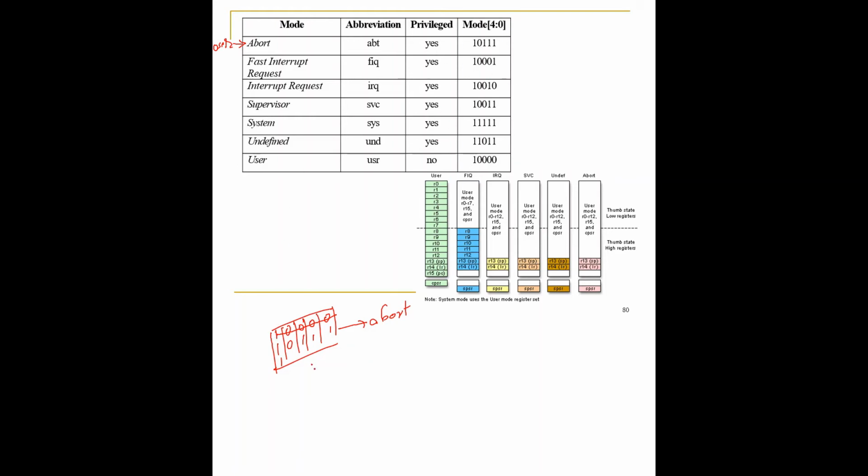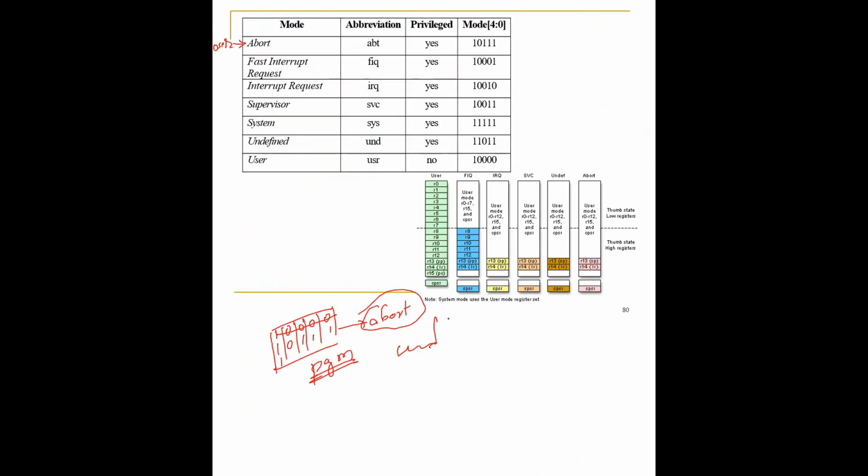You can write a program so that you can induce abort in the program. You can induce undefined mode to the processor, or you can induce supervisor mode to the processor. So all this is possible. You can change the modes of the processor as per your requirements.